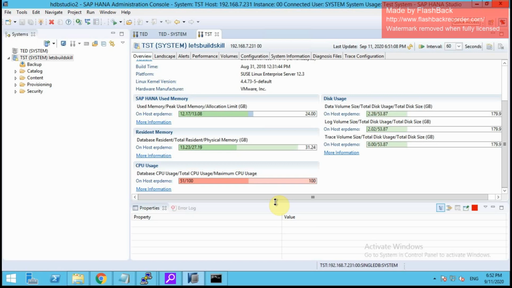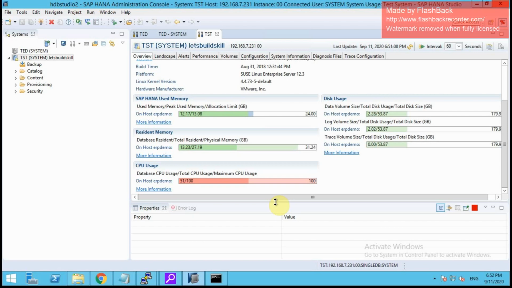Today I will explain how to understand and differentiate different types of memory in HANA. There is always confusion, and there is no clear document which clearly talks about the different types of memory. I will explain the different types of memory available on the HANA database in a very simple format.